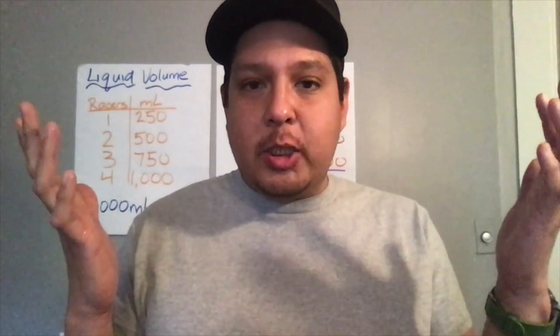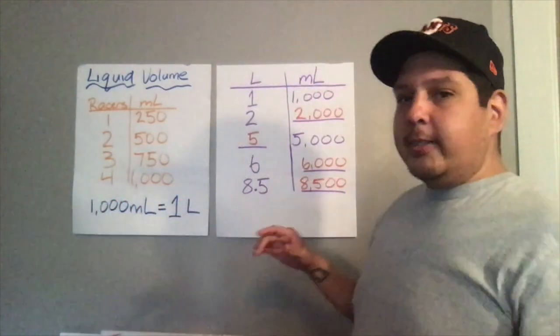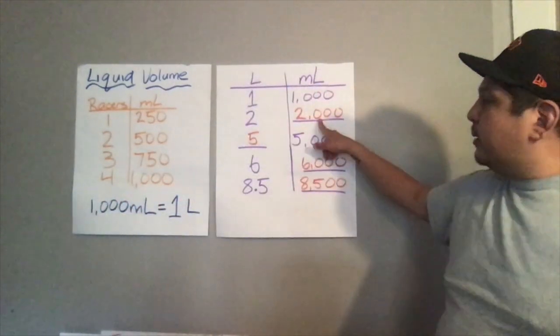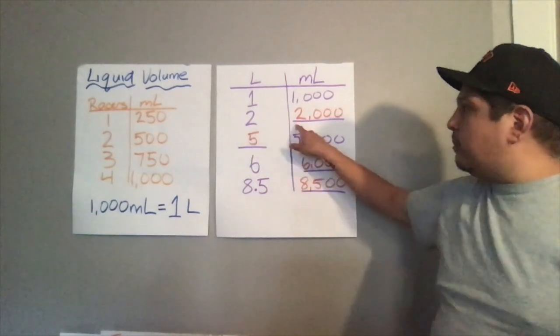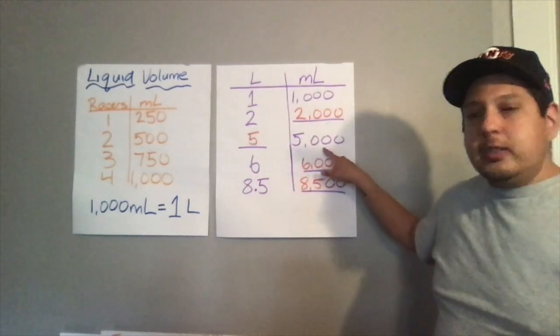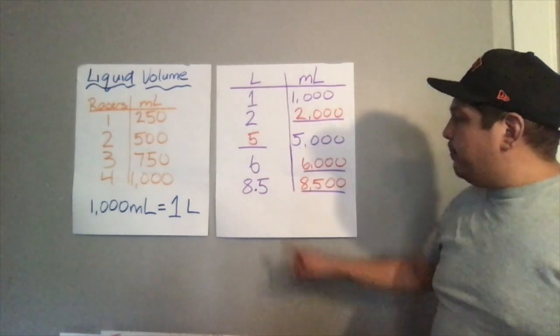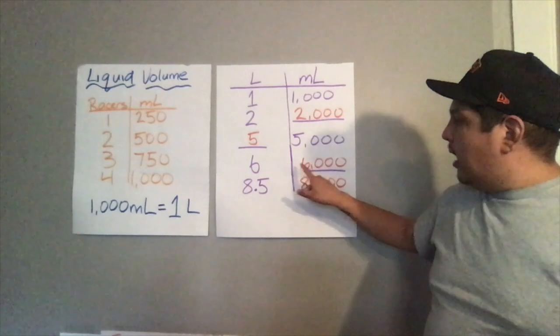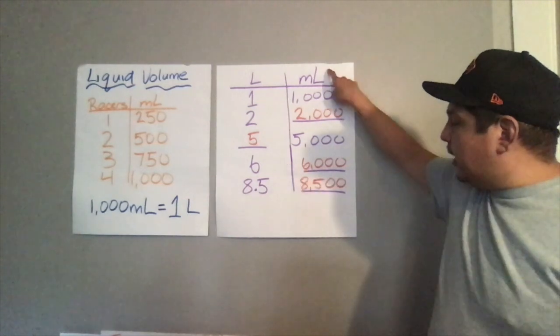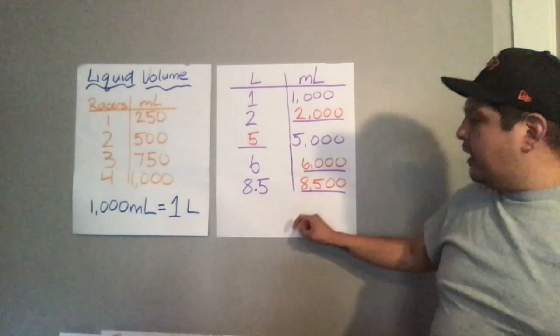Are you ready? I'm going to reveal the answers to you. On my ratio table, I have placed the answers that were missing in red. So let's take a look. For this first missing value here, 2 liters is the same as 2,000 milliliters. Here, this 5,000 milliliters is actually an equivalent value of 5 liters. Okay? Here with the 6, the missing value was 6,000 milliliters. And here with this last one, we had a decimal, 8.5,